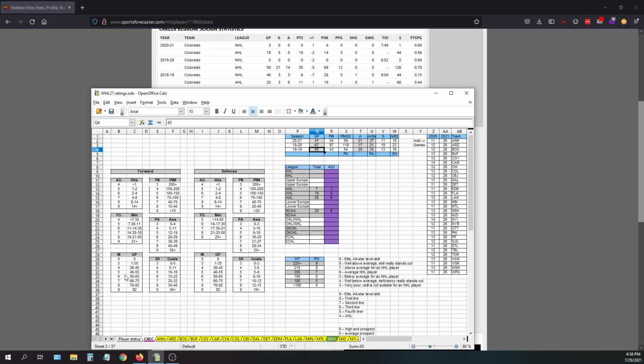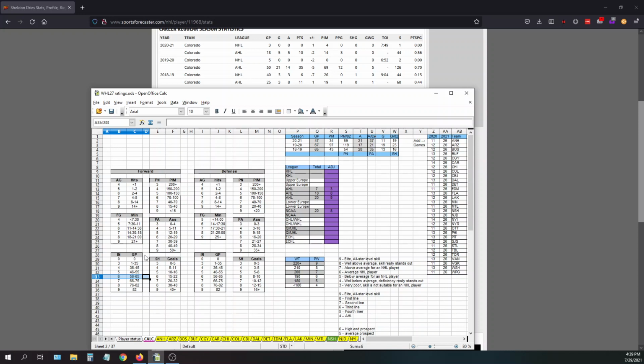So he had 47 last year, which puts him in a range of 5 for injury rating. And the 2 years prior to that, let's see, 67 gives him a 7 injury. The year before that, 65, he was right at the upper limit of 6. So the last 3 years, you got 5, 6, 7. I could give him a 6 for sure, just by averaging those out. But